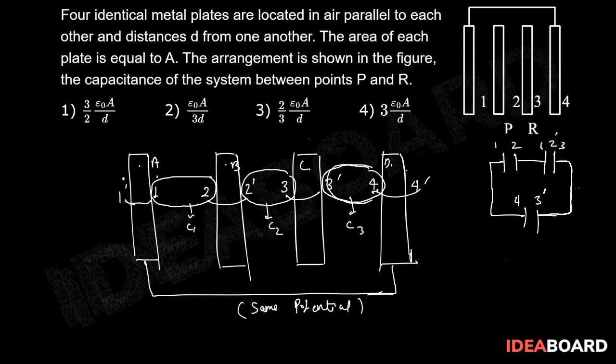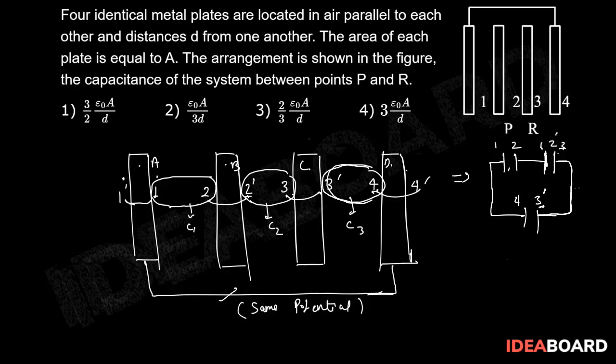Are you getting it? Let me repeat it. Suppose I have 1 and 2, so capacitor number 1 has plates 1 and 2. Now 2 and 2 dash have the same potential, so I connected with 2 dash, this plate is 2 dash. So with this plate 2 dash, capacitor C2 is coming into the picture. So 2 and 3 is here. Now 3 and 3 dash will have the same potential, because electric field is 0 inside at point C, and similarly 1 and 4 will have the same potential because we have wired it, right? So equivalent circuit diagram will be like this.